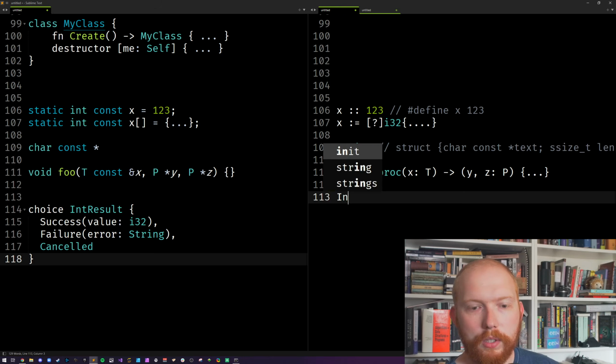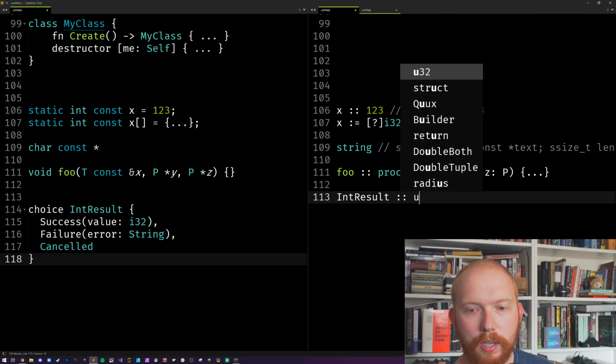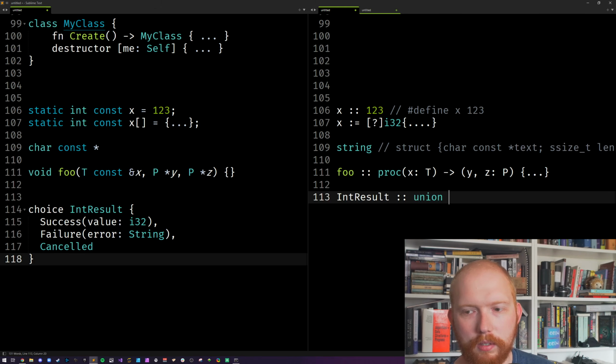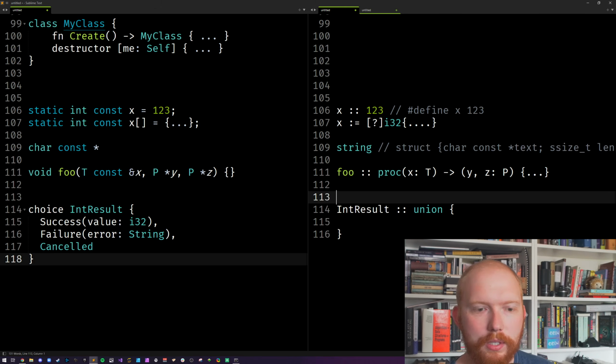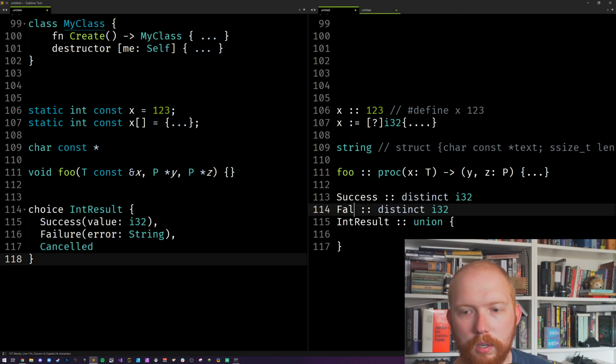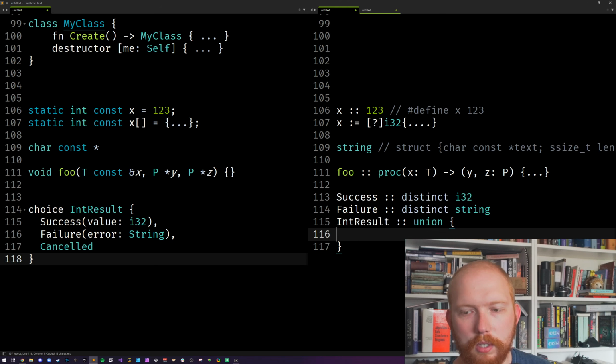The Odin equivalent to this would not be this. It's actually a little bit weirder than this. So the way I would do this in Odin is success type is going to be distinct i32. Failure is going to be string, and make that distinct as well. And do this.